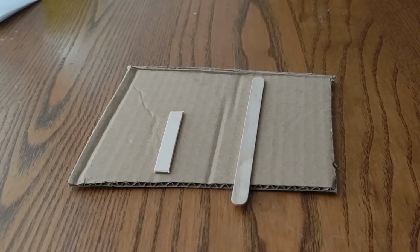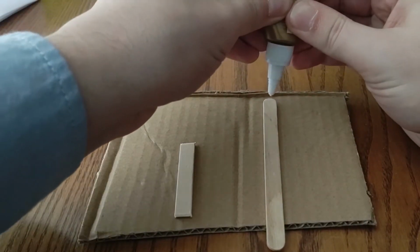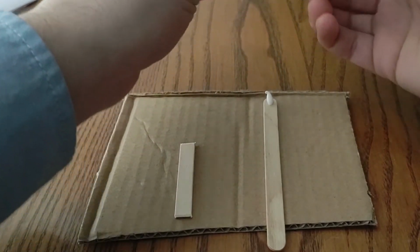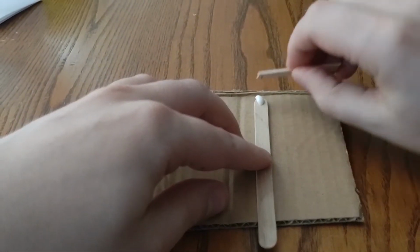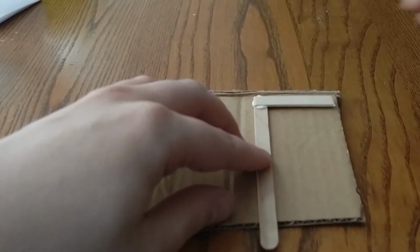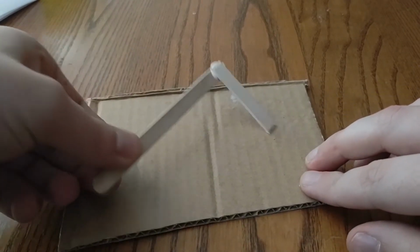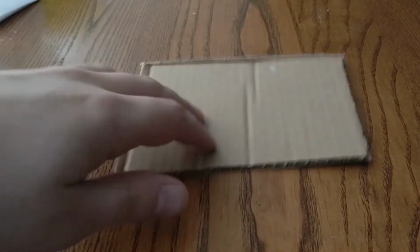So for the amount of glue, you'll only need a little bit per connection point. So something about that size is a glue dot. And you're going to connect them like that. And then you're just going to let it sit. So you're going to do this for each point, and this will take a little while to dry, until you